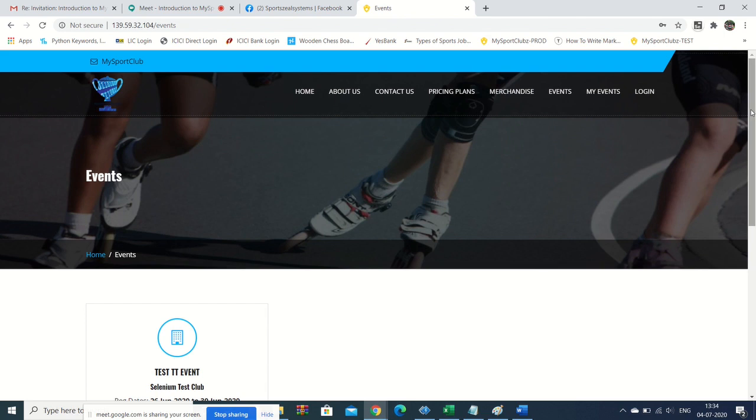The reason is, if we allow clubs to add any event they want, it is possible that some people might not have correct intention, and they might create an event which has all sorts of illegal things in it, or bad or abusive content, and therefore we have kept that approval step. But we will have to really think about whether we need to keep approval for all of this. So currently we have kept this approval.